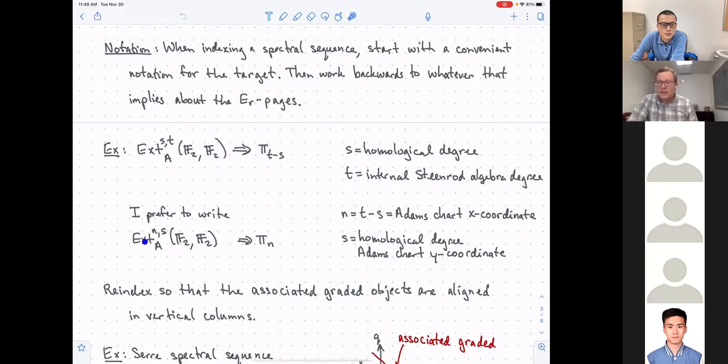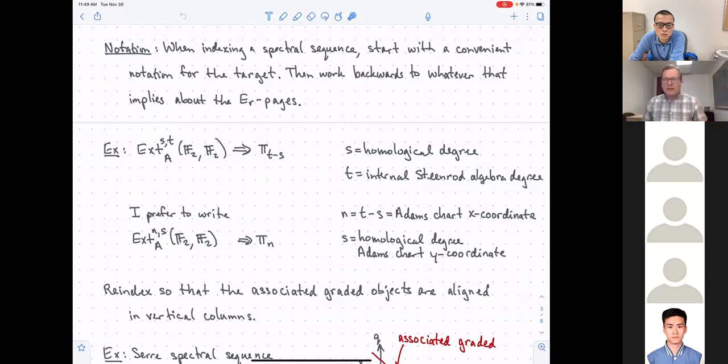And this is the way that I index Ext groups for this very reason. I use two numbers, N and S, where S is the same homological degree as before. That one I leave the same, and that's the same as the Y coordinate on an Adams chart. Okay, but then I use T minus S instead of T. I use T minus S as the second grading, and that's the Adams chart X coordinate, and that aligns up with the dimension of this stable homotopy group, and that ends up being a lot more useful. See, look,